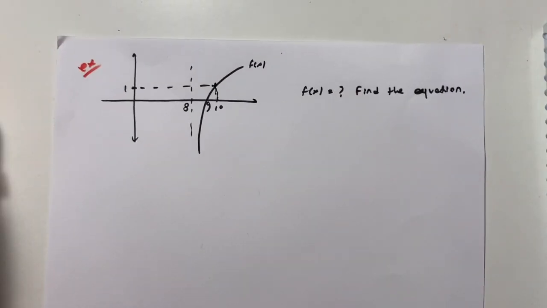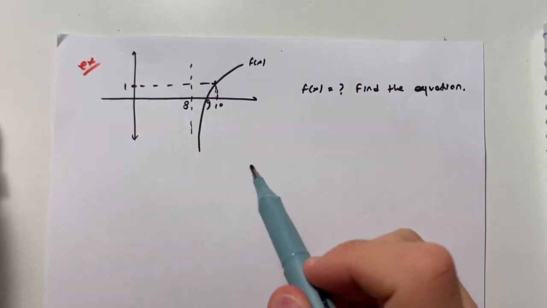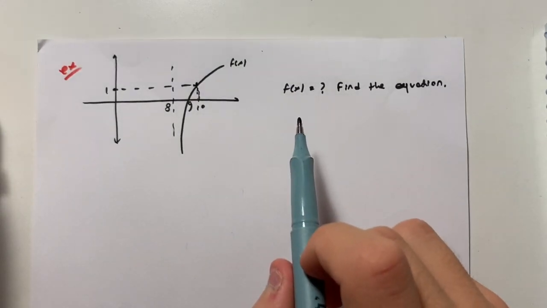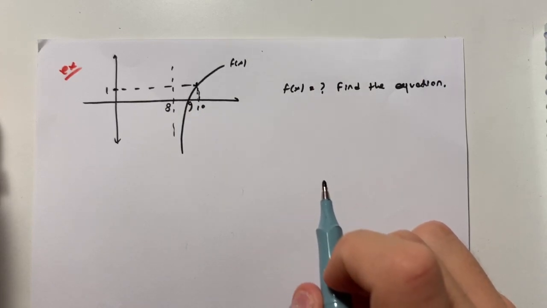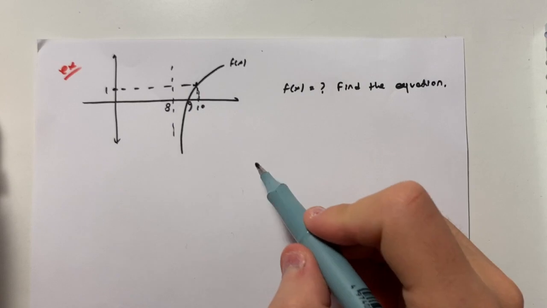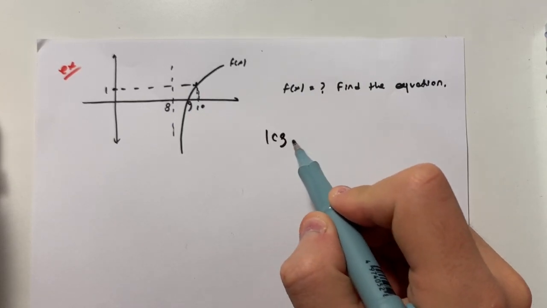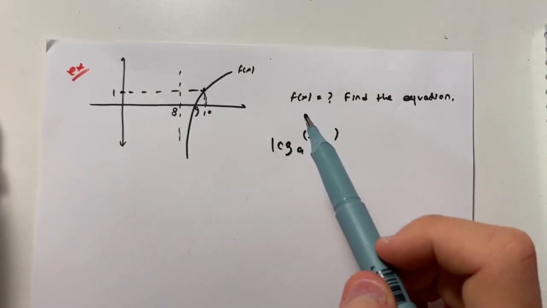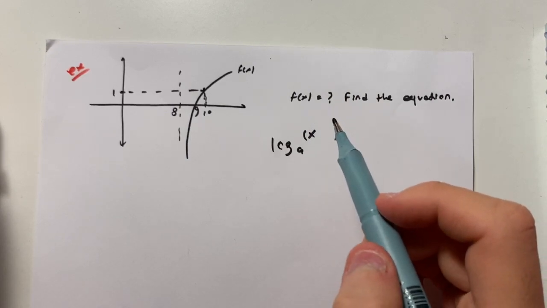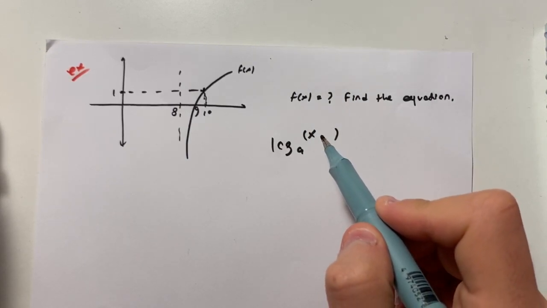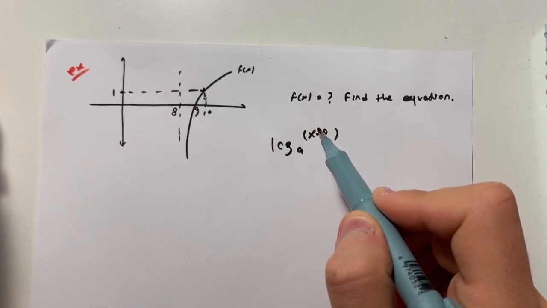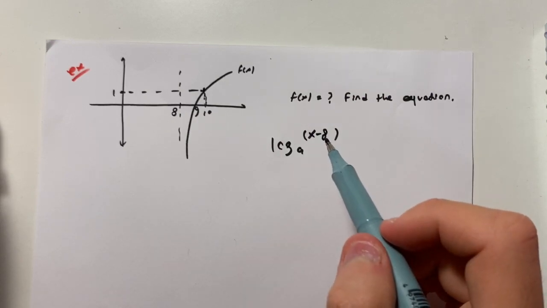This question is a graph question, as you can see, and the graph increases, so this might be a logarithmic function, but we will check that out. We are going to write a basic logarithmic function, and we will find the base and power by looking at the graph. Let's write our logarithmic function. As you can see here, there's a vertical asymptote at 8, which means that if we put 8 instead of x, the function is not defined. So if you write here x minus 8, if we replace x with 8, then the logarithmic function doesn't exist